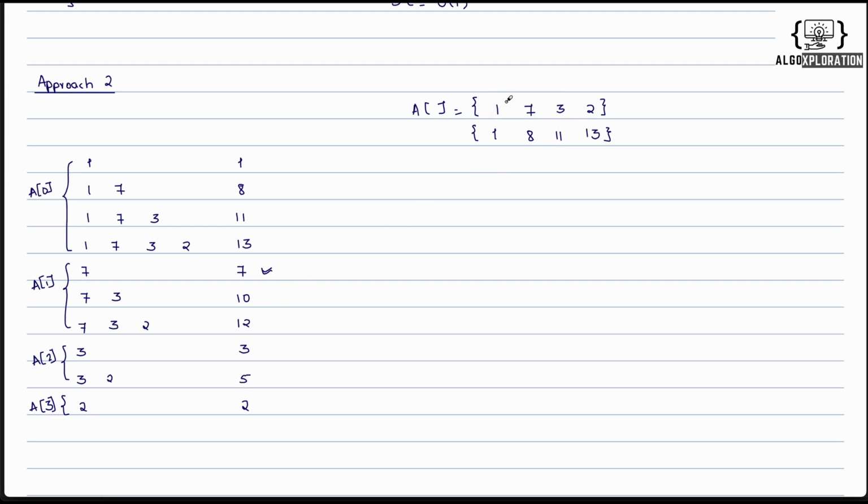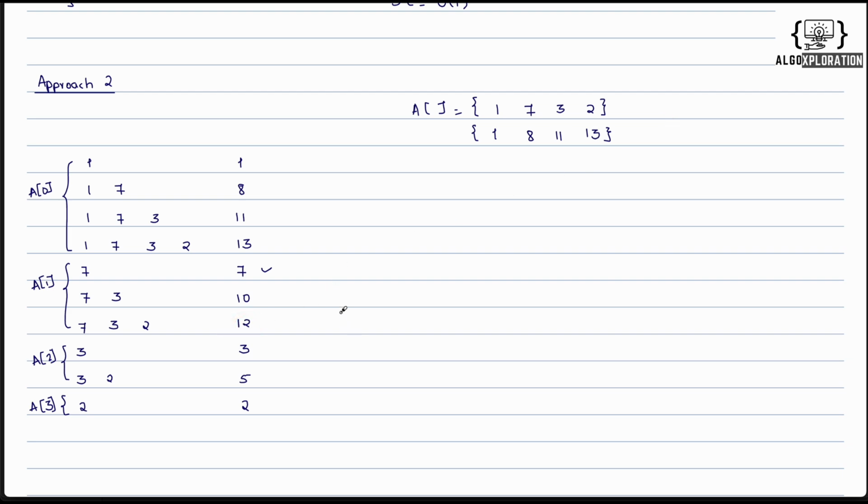Similarly, if I want to find the sum of 7, 3, 2, till this point we have the sum as 13, right? And what does 13 mean? The sum of every element, right? But we don't want this 1, simply subtract 1 from 13, so we will get 12 as the answer,